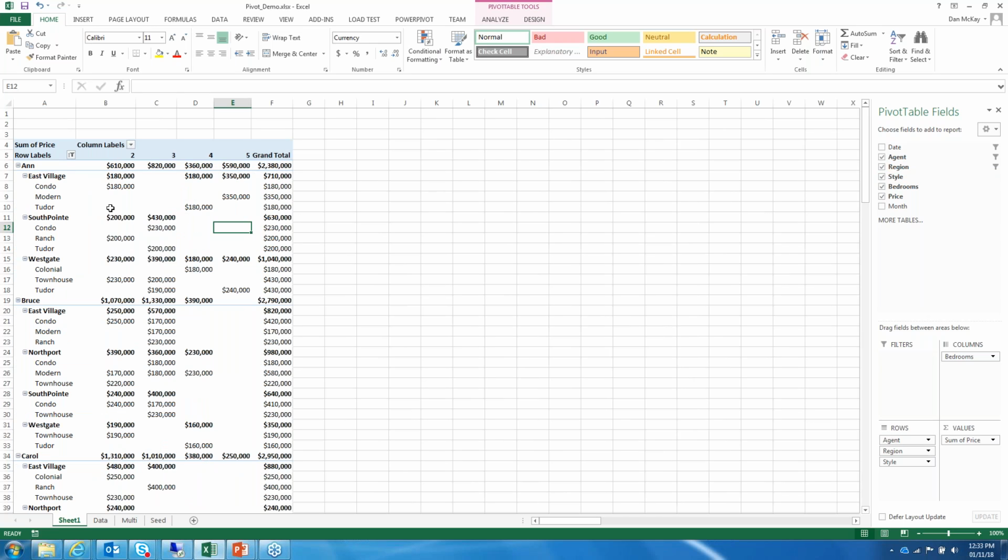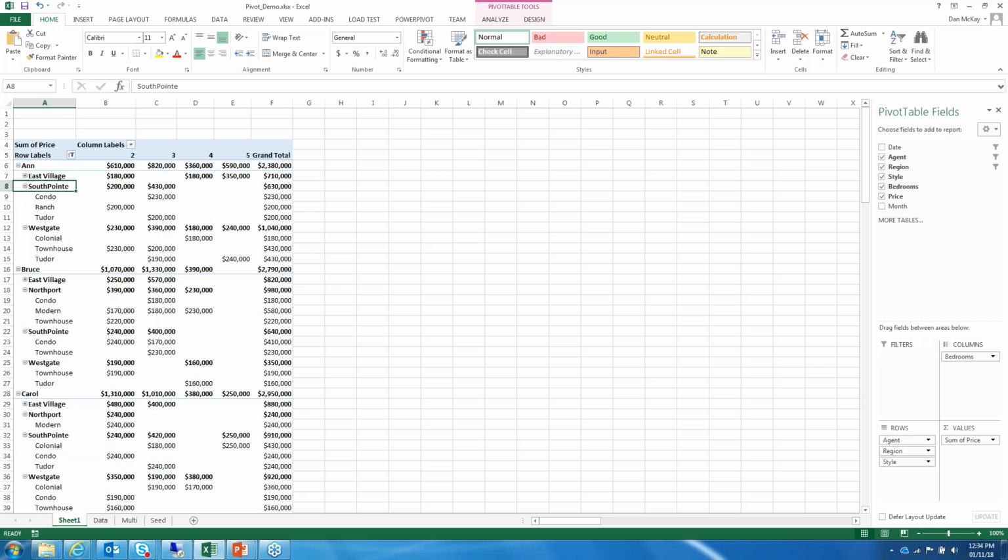And as you notice, the hierarchy is automatic when I drop them into the rows. And you will see, I can see the hierarchy here. They're spaced over. See Anne, her sales by house type in East Village, and the number of bedrooms across the top. I can collapse these